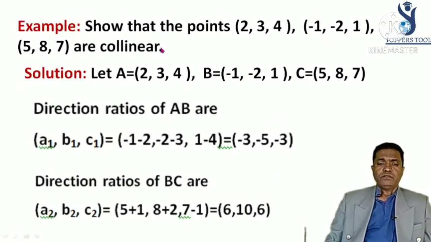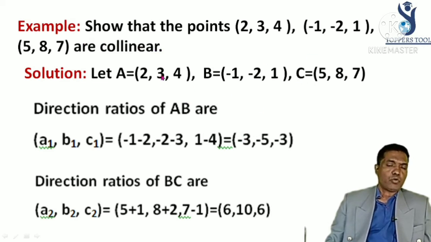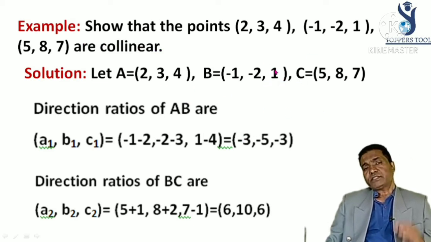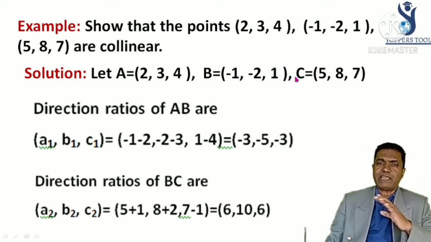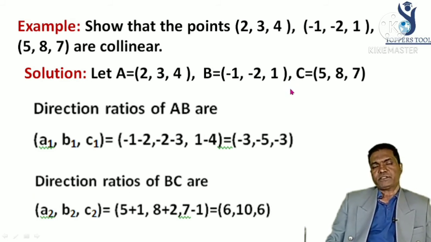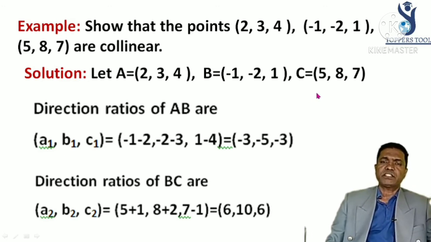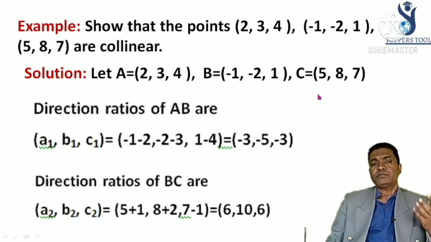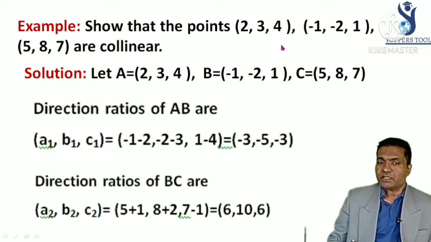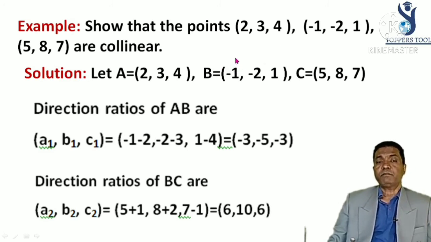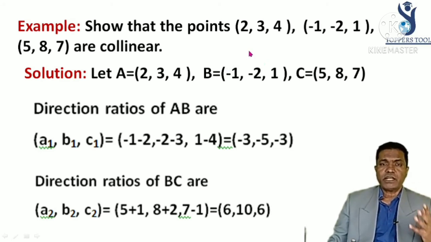Okay. Now you are asked to show that these 3 points are collinear. As I said earlier, collinear points are the points which are on the same line. There are various techniques to prove the points are collinear. Using the distance formula you can tell, or using slope that you studied in 11th standard. Now here you can use the parallelism condition or direction ratios to show that the 3 points are